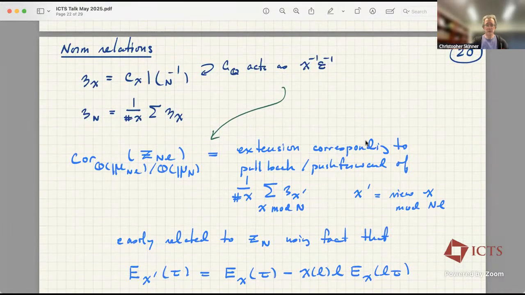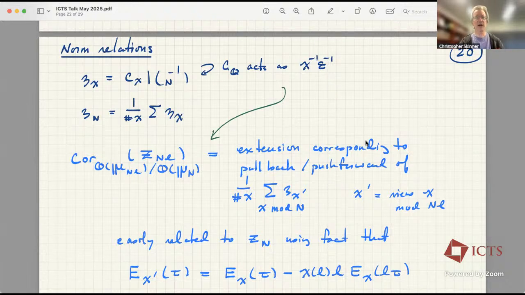What about norm relations? So we could have made a similar construction. We defined eta of n, but we could also have defined eta of chi for a character chi mod n as the image of C_chi under the Atkin-Lehner involution. There's a Galois action on it, but now the Galois group acts as chi inverse times epsilon to the -1. Remember, the Atkin-Lehner involution isn't quite compatible with the action of the Galois group of Q. I mean, it is if you change your models of your modular curves. So, but anyway,